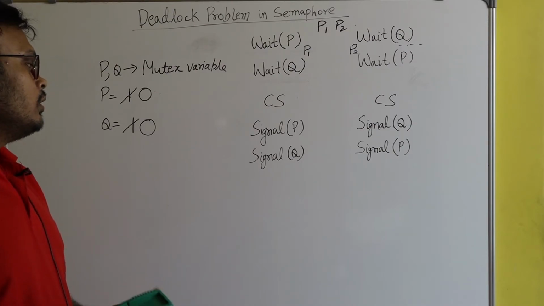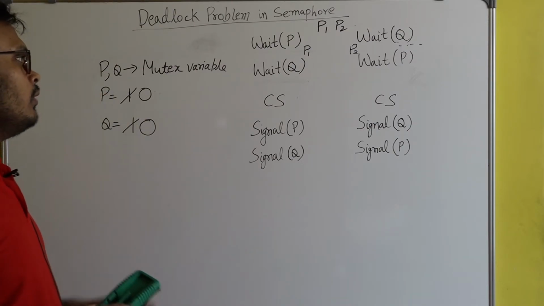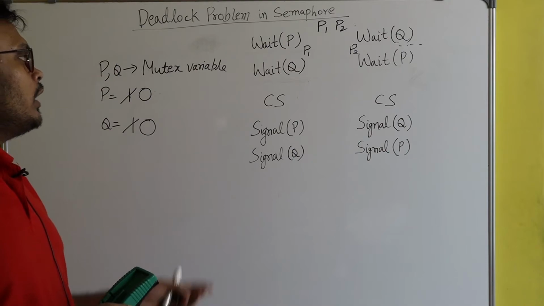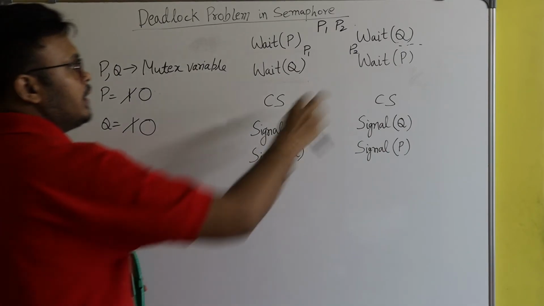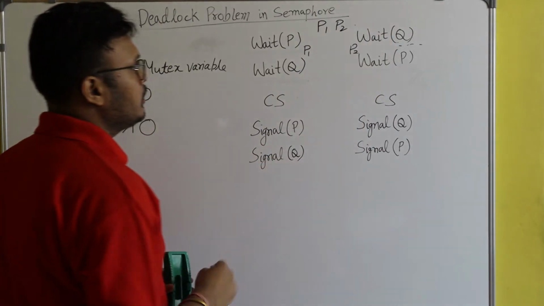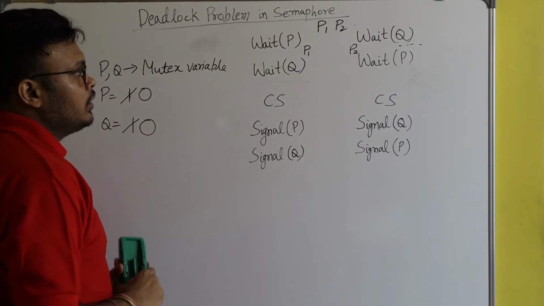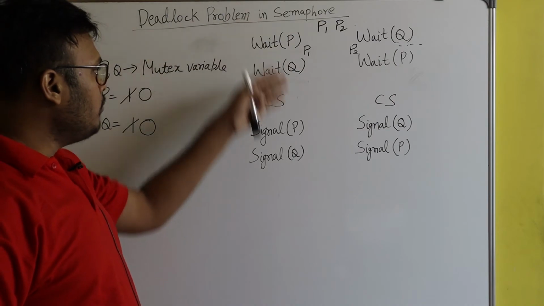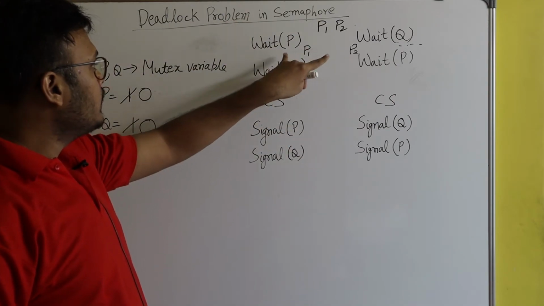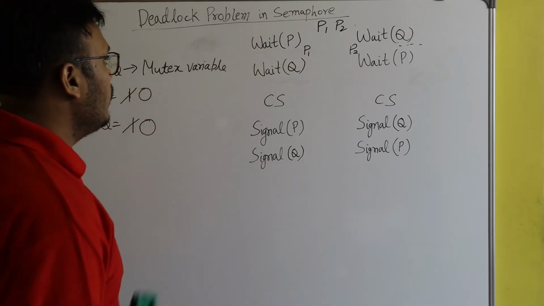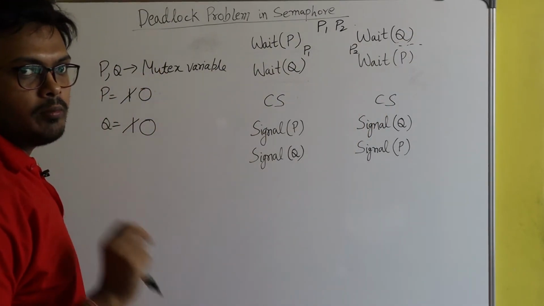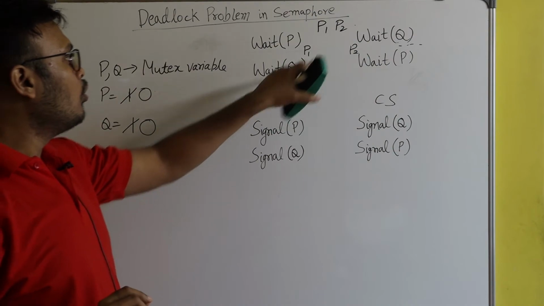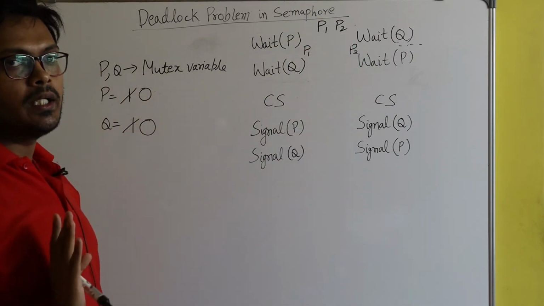Okay, so here in order to overcome this problem, what if we swap these two lines? Okay, so let's see what will happen. So for the time being, you should understand that it's a clear case of deadlock. Here PQ, QP. Okay, just remember this. If a code is written like this, then it's a clear case of deadlock.